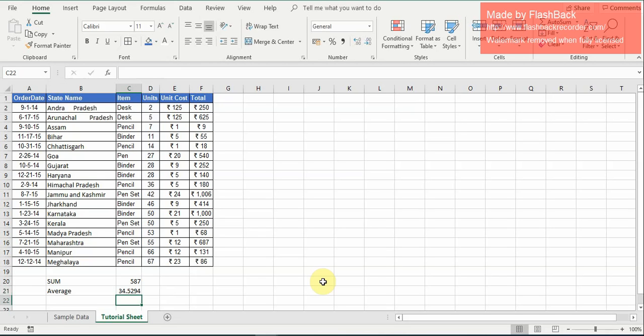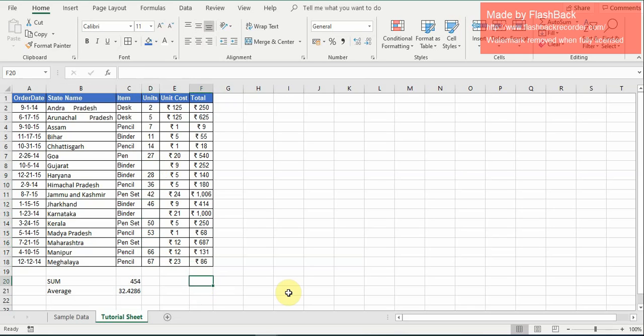Now many of you will always want to see the count of the total number of cells. Let's say a few of the cells are empty and you want to see the total count. Let me remove 28, let me remove 50, let me remove 66. There's a very good function called count.